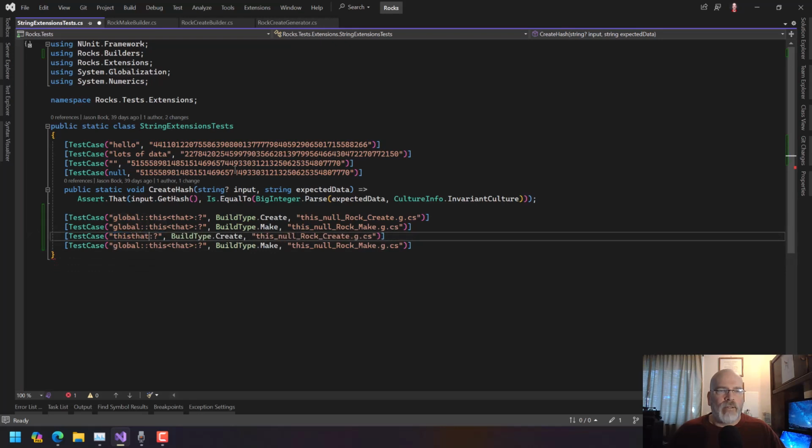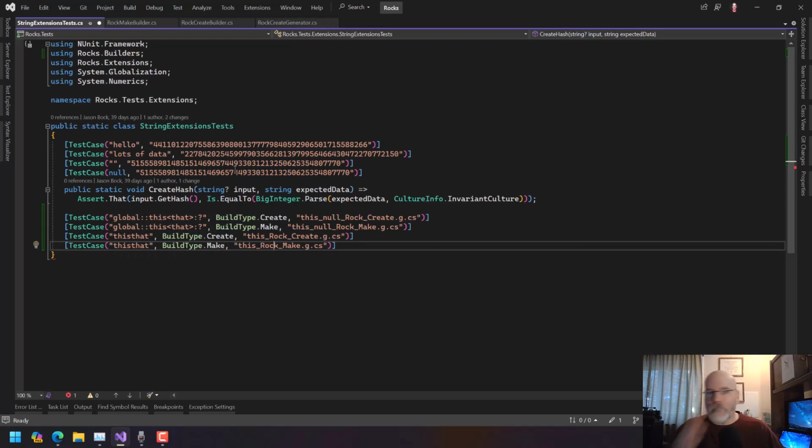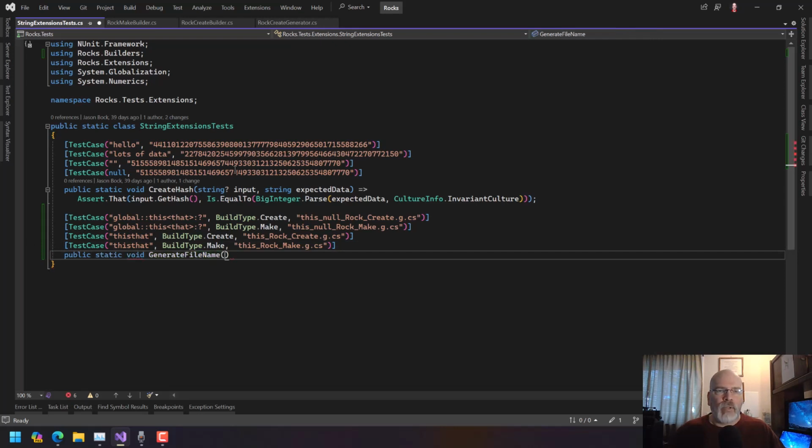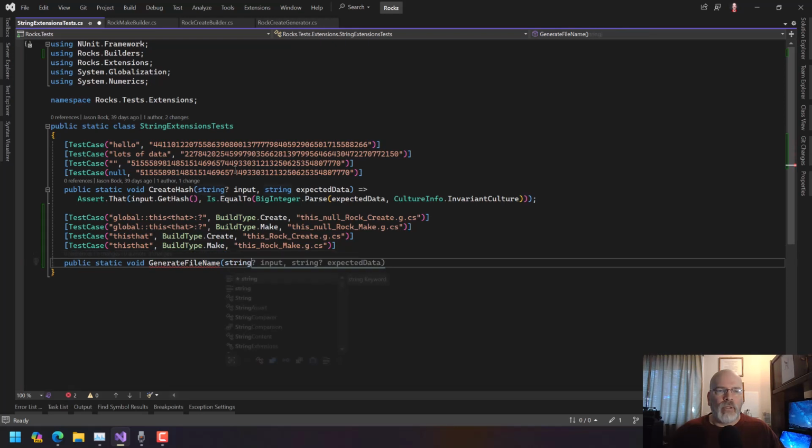This, that. And then that would just be this underscore rock create. And then in this case, we would also say that it would be that without. Okay. So we want to have a public static void generate file name where the string, it's going to be